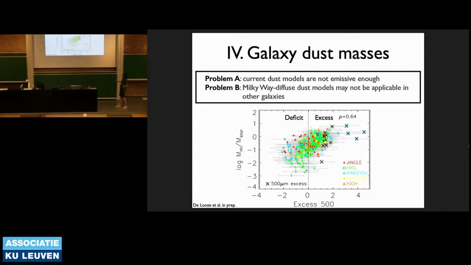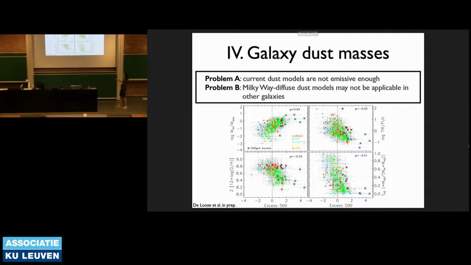So a galaxy would start up here with a very high HI gas mass. Little has been converted into stars, so it's still a low stellar mass overall. And then a galaxy would gradually move in this direction, where more and more of the HI gas is being consumed and more stars are being formed. So if we follow that evolution, that means that galaxies first would have an excess, so would have more emissive dust, and then gradually move on to have less emissive dust. And that's actually also what we see.